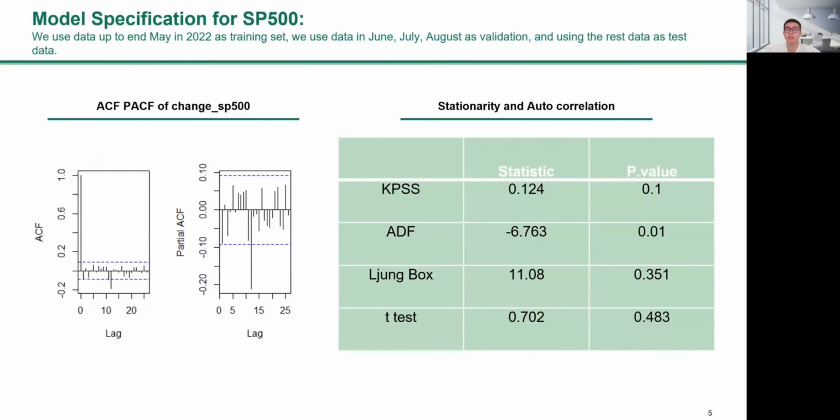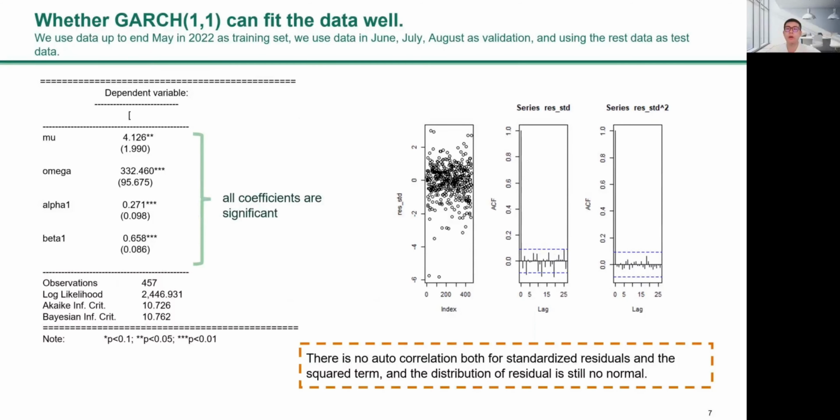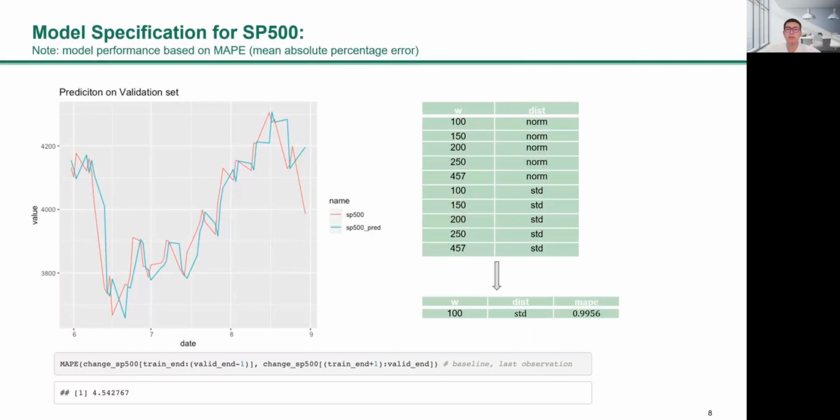After checking the stationarity and ACF, and by looking at the properties of the ACF and PACF on the squared residuals, we decided to use the GARCH(1,1). The result shows that all coefficients are significant and there is no autocorrelation in both the standardized residuals and the squared term. By selecting the best performance on window length and distribution on the validation set, we get the following result on